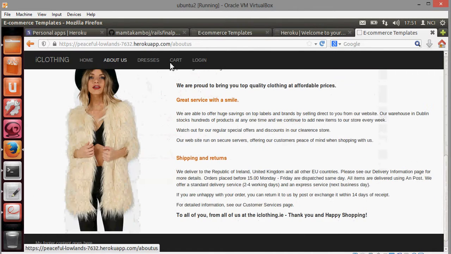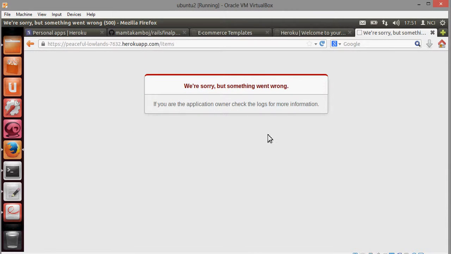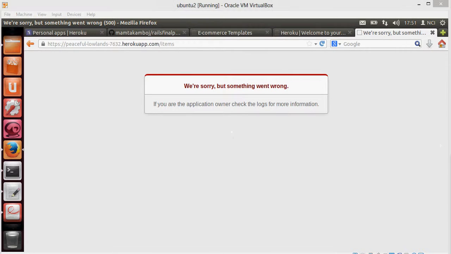Now if I go to this page, it will give me an error because the complete data of this page is coming from the database. So we have just migrated our content, we did not migrate our database. So next step, what we need to do, we need to migrate our database. After that we will be able to see this section. So if I go back,